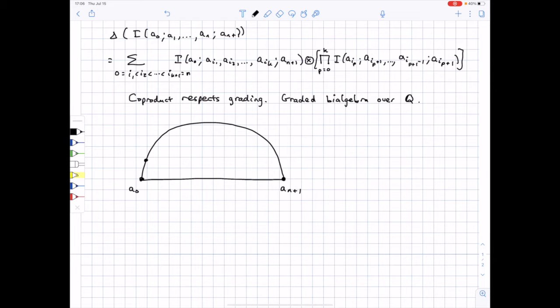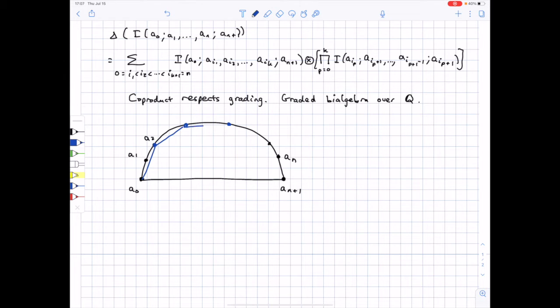Then you put all the other a_i's around there equally spaced. And now what you draw is some nested polygons that start and end at the endpoints. So here, what we're doing on the left is we're taking some selection of these points, and then we are connecting the dots